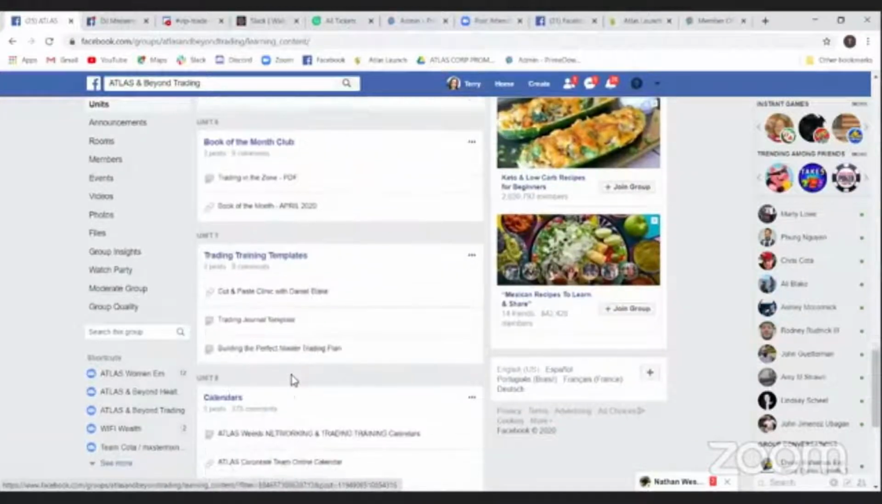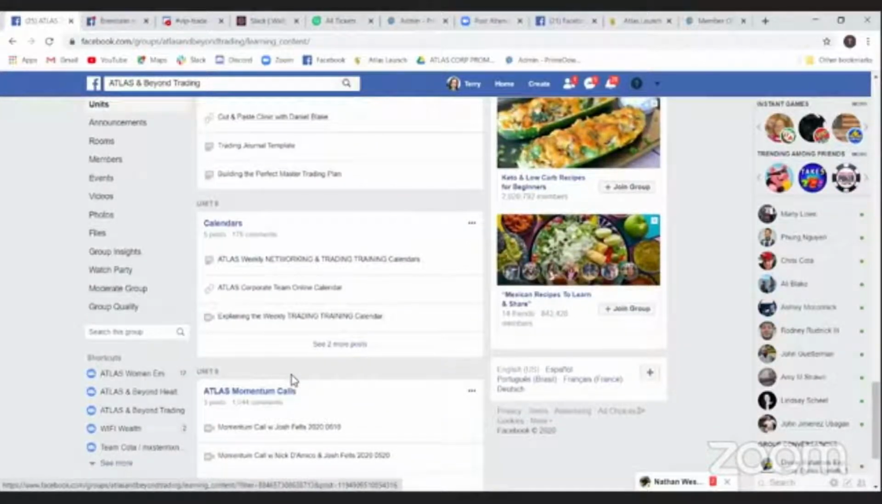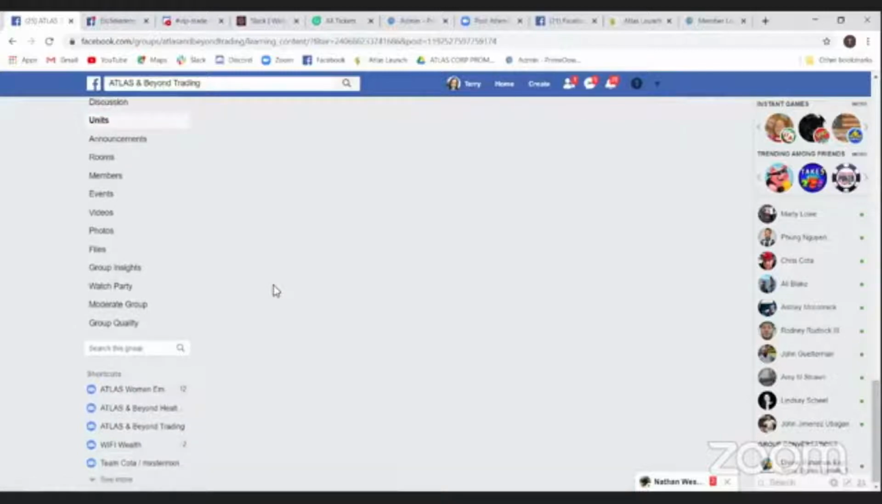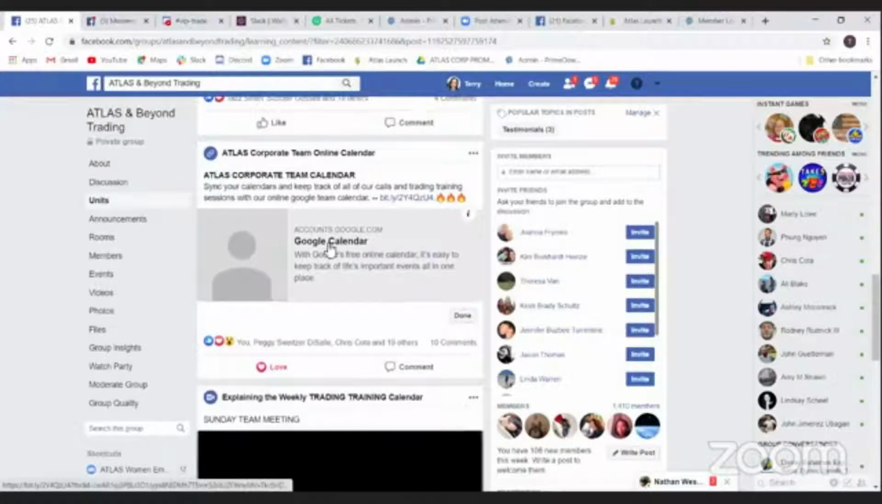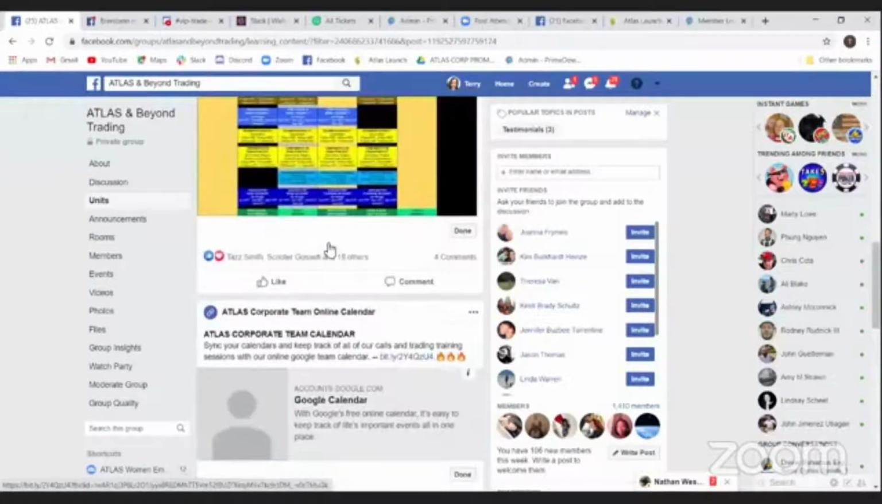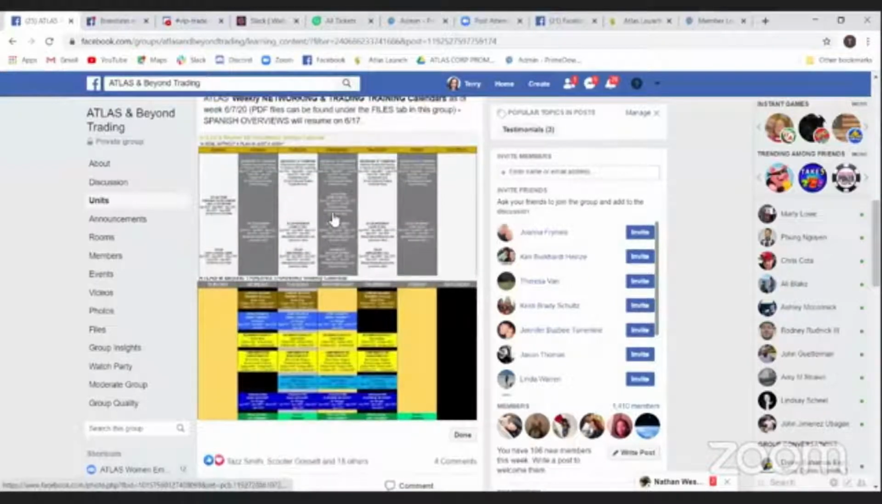Let's scroll down here because I want to take you to calendars. Earlier, I told you about the corporate online calendar that was located in your Atlas Launch 48. It is also located here for your convenience. Here is your calendar